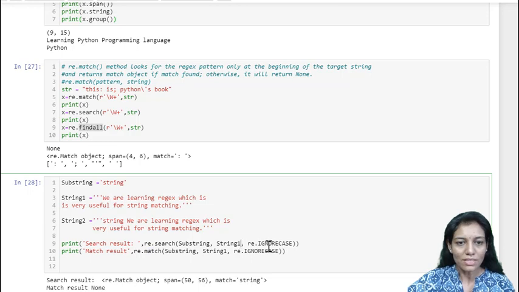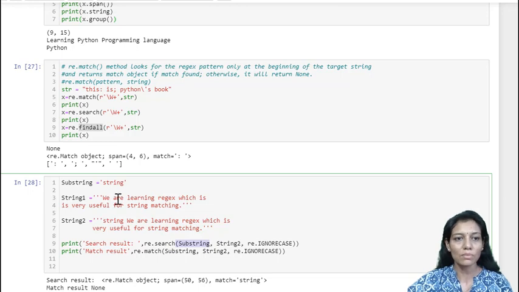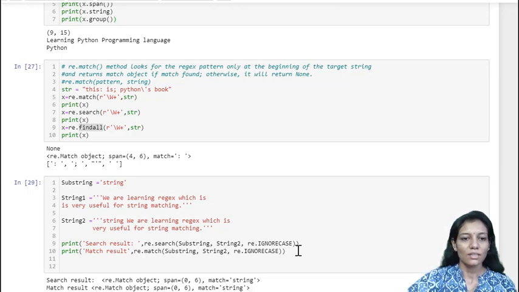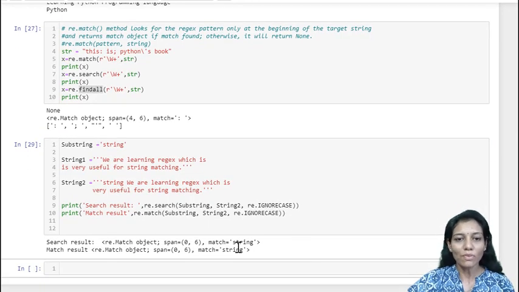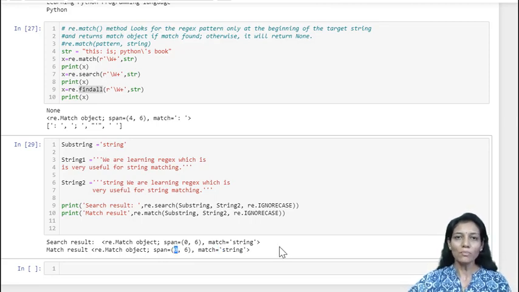So instead of str1 I'm just changing it to str2 because this is where I want my search and match methods to go for searching and matching the same substring which is a string. So now let us see how the behavior changes. Oh yes, match has also found the match of string at the 0th location because that is the first word which has matched. So I hope by this example it is clear what is the exact difference between match and search.